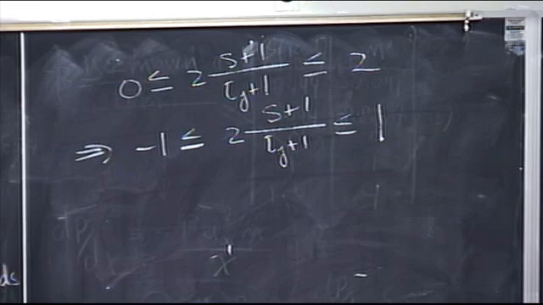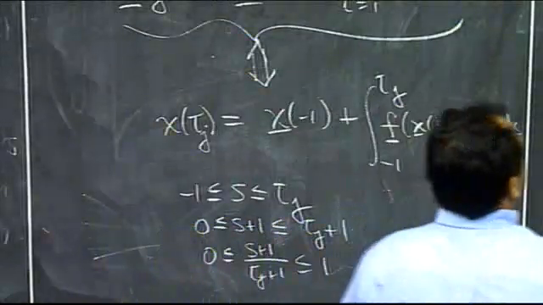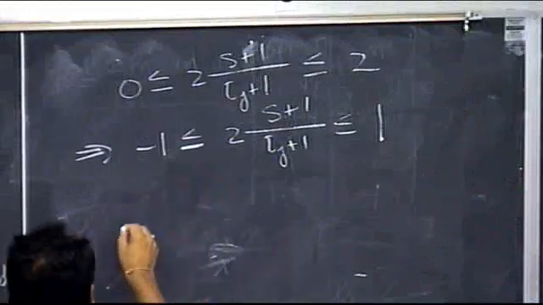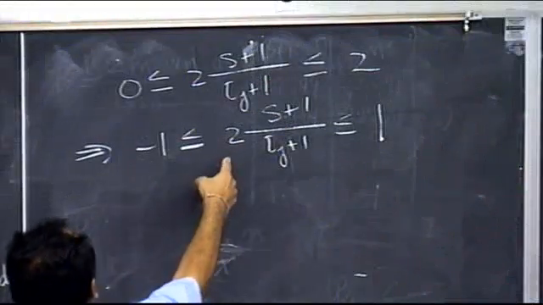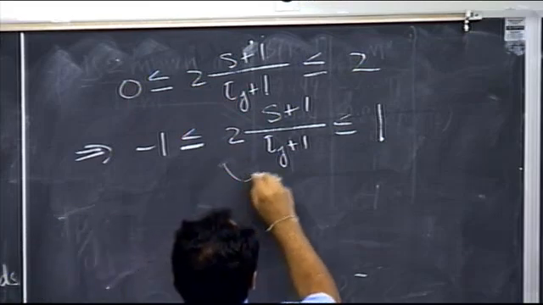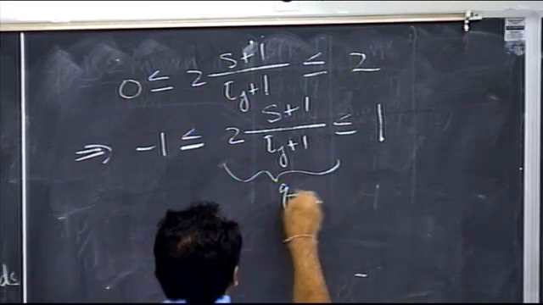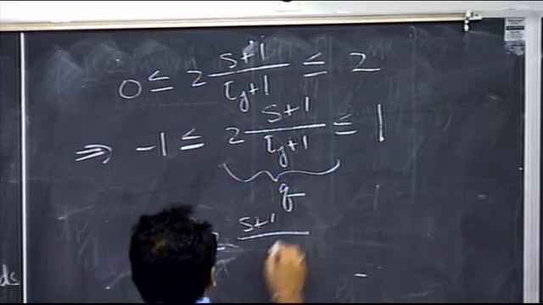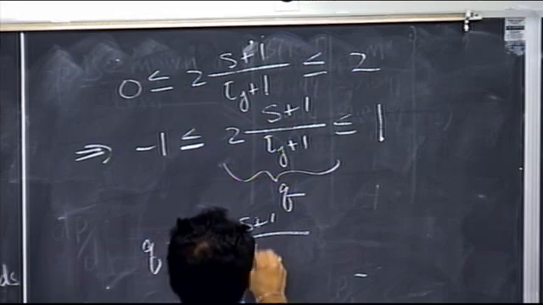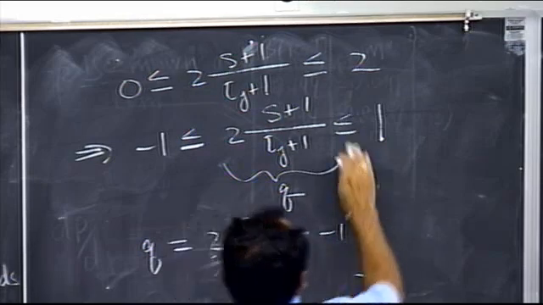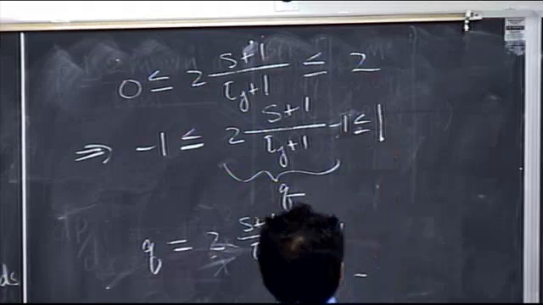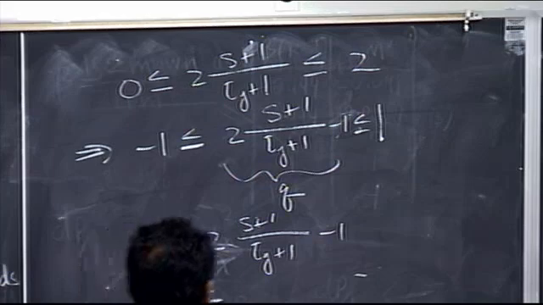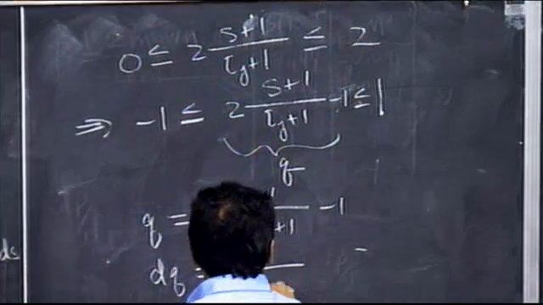So what I can do is I can replace this with the following approximation. If you look at this, that says that this quantity right here, call this new variable q. So let q equal 2 times s plus 1 over tau j plus 1, minus 1. Okay? So that means that dq is equal to what? It's equal to 2 over tau j plus 1